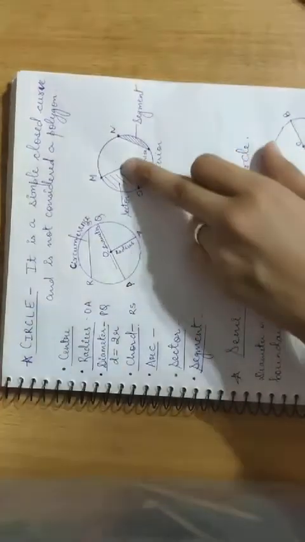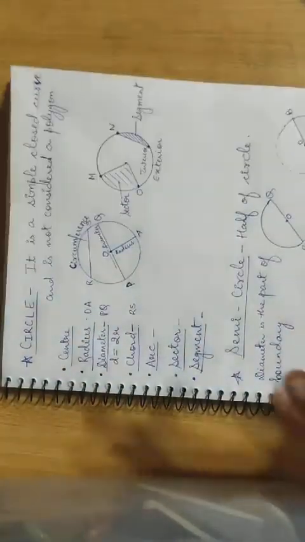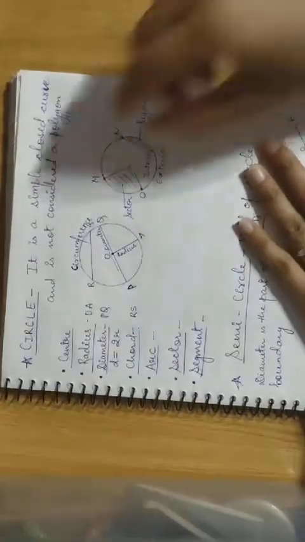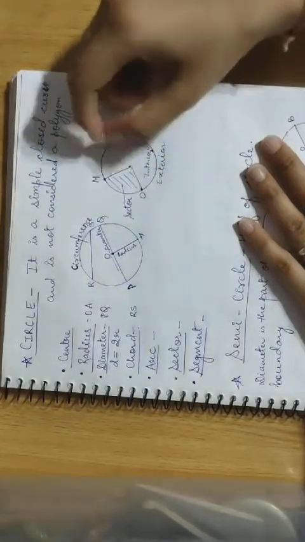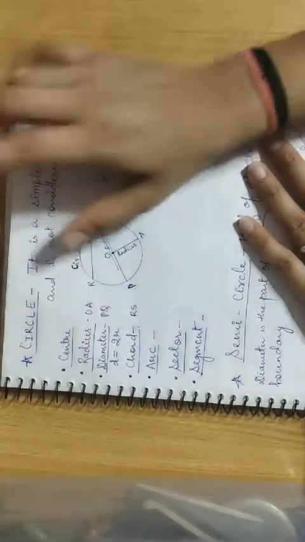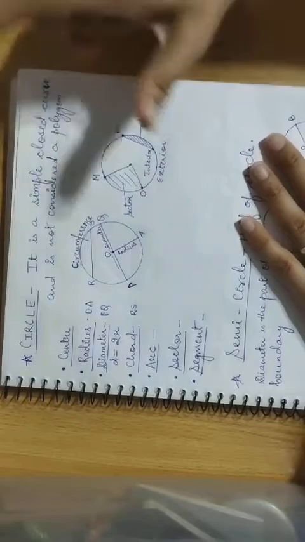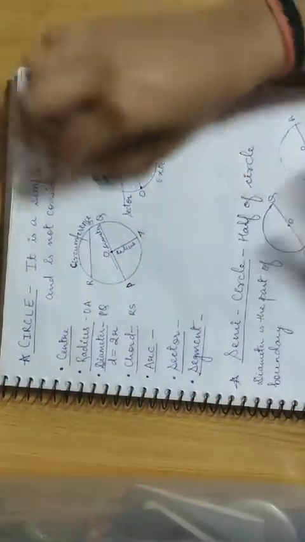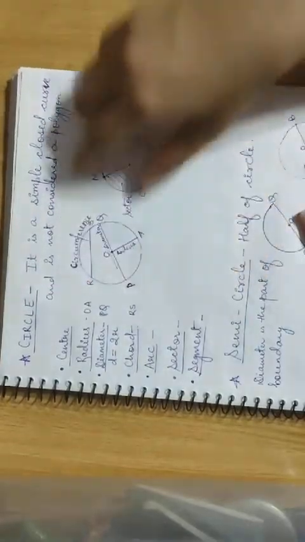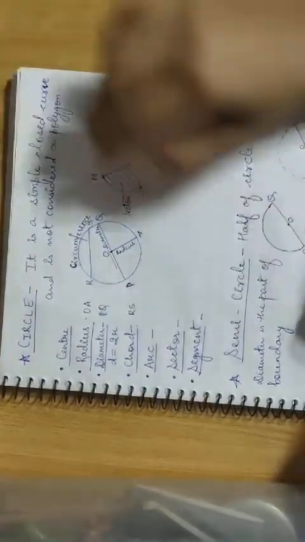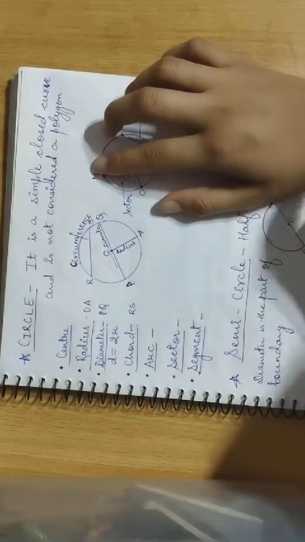Okay, how do we make a circle? We use a compass. In that compass we take the center and then we draw the circle. We should have the radius for the circle. Radius, center, we'll study all of these here in this topic. Okay, so now talking about the definition of circle.